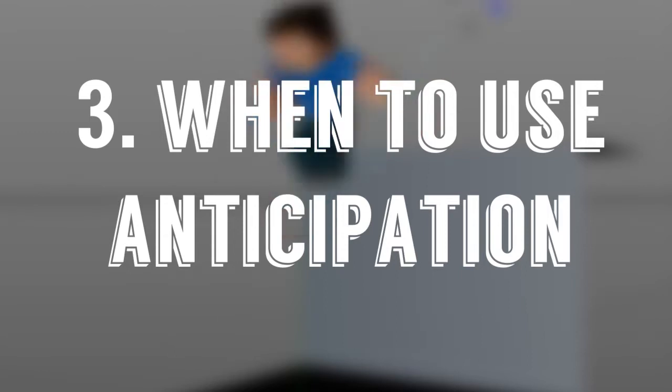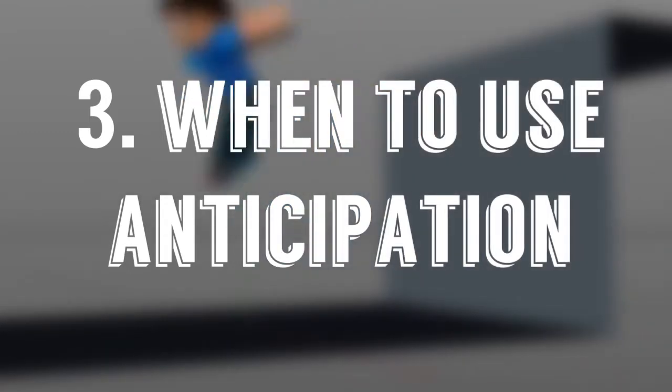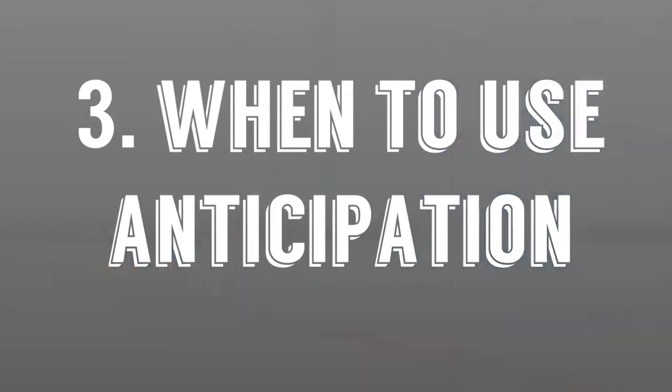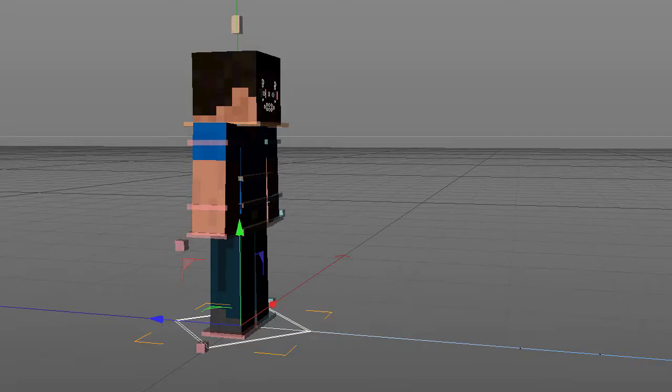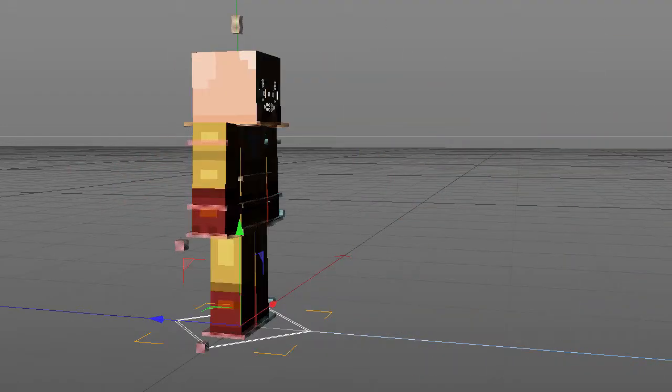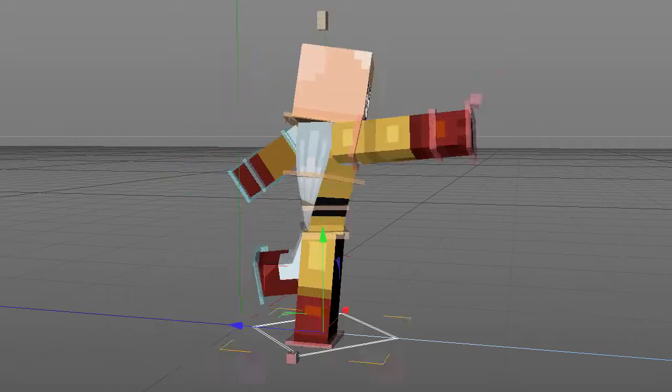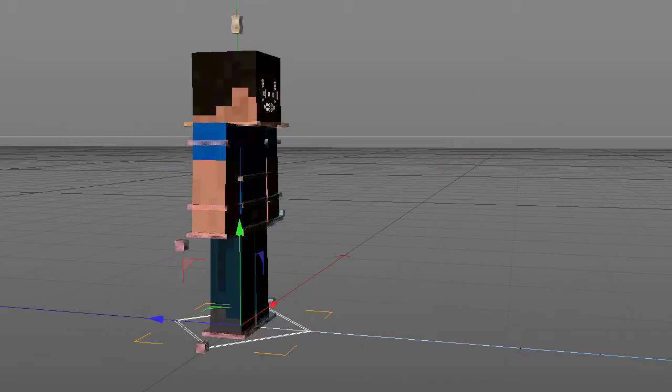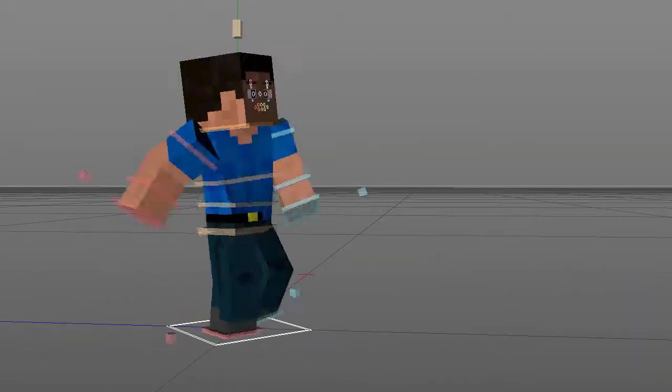When and when not to use anticipation. Generally speaking, you want to use it all the time, but you can choose not to use it if you want, for a desired effect. Say, for example, you don't want the viewers to miss this guy running. Make sure you give him a lot of setup time so that they can't miss it. Or maybe you want to show this guy's incredible speed and doesn't need setup time. Whoosh! Gone. Or maybe, and here's how you trick the audience, maybe you set him up for a run and then